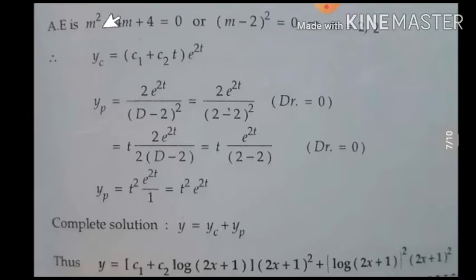So the auxiliary equation will be m square minus 4m plus 4. The root we get when we calculate it is m equal to 2, 2. Which type of root? Repeated and real. So how to write the complementary function? (C1 plus C2 t) into e to the power of 2t. In terms of t you have to keep it in mind. In terms of t we should write here, because capital D is taken as d by dt. Then the particular integral is 2 into e to the power of 2t.